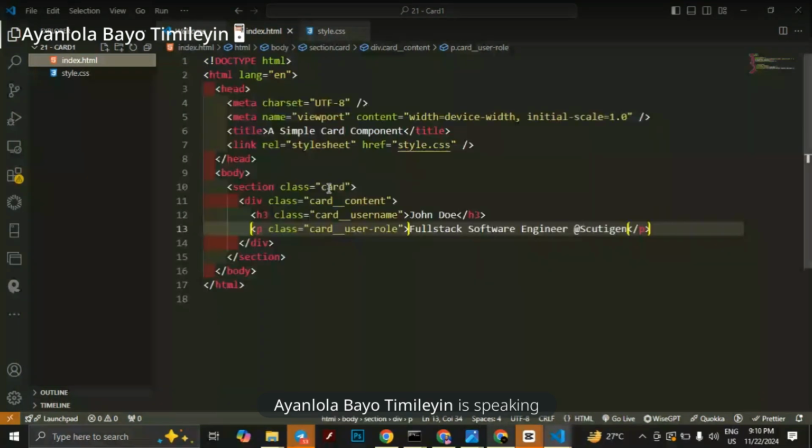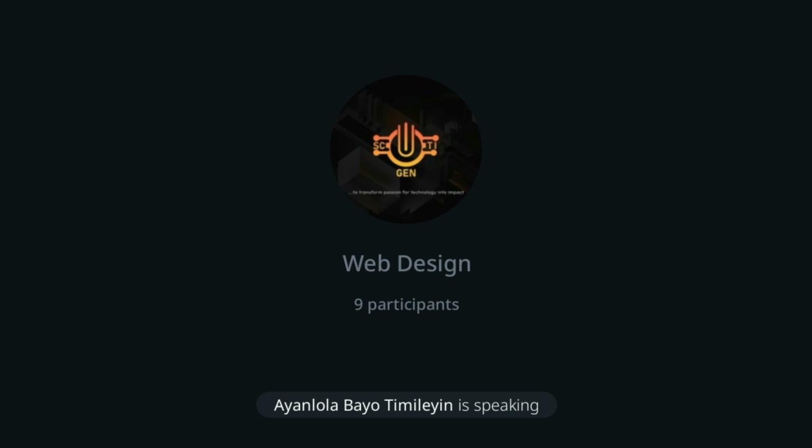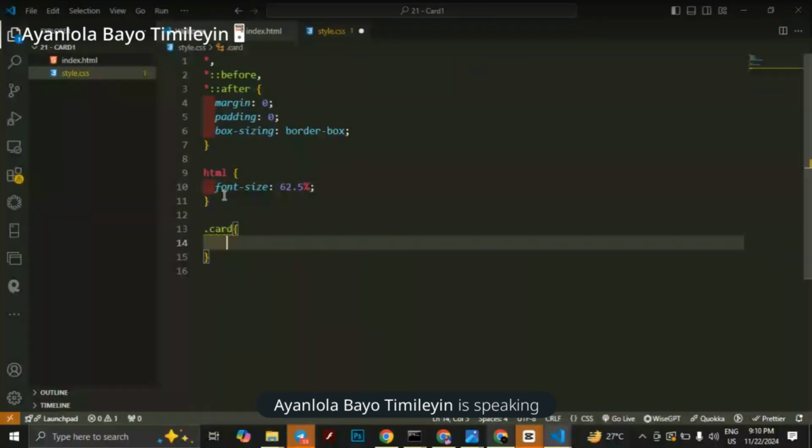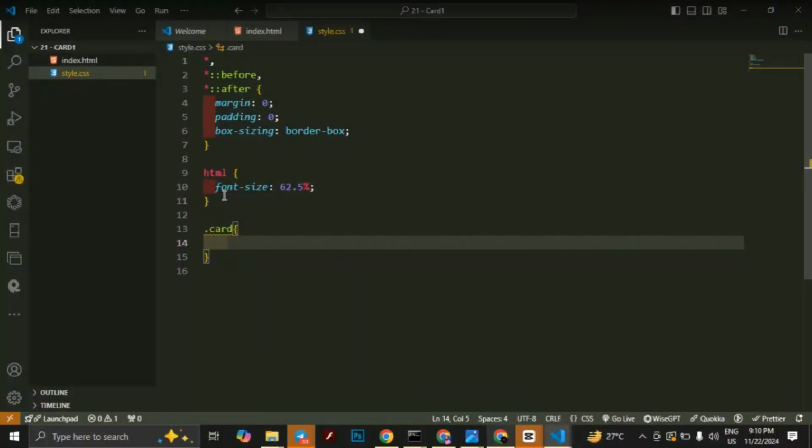So slide of CSS. So card. The first thing I would like to do is to set the width to 350 pixels. Okay, 350 pixels, and then